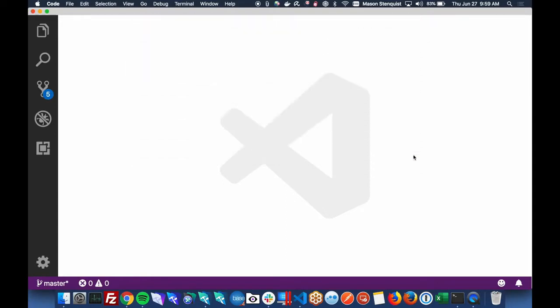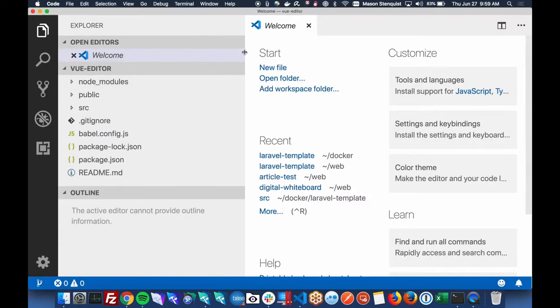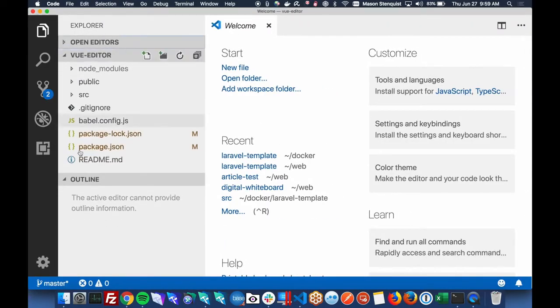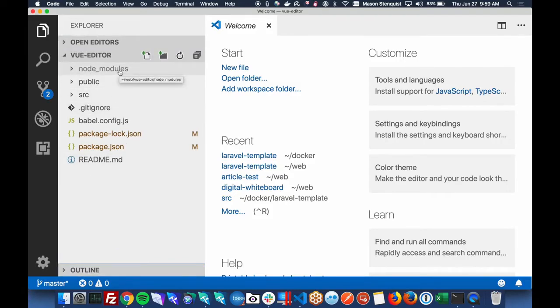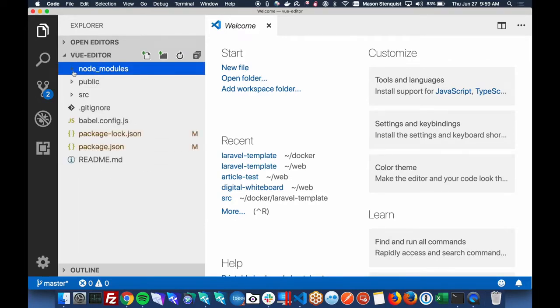Just open that. So this is a pretty basic directory, and pretty typical of what you're going to get when you start up a new project. So most JavaScript projects, to be honest. So this node modules, there's going to be a lot of stuff in here. You can honestly just ignore most of it. It's just a lot of dependencies that Vue uses and Webpack and stuff. A lot of things behind the scenes that we don't need to concern ourselves with.